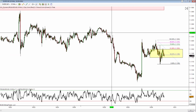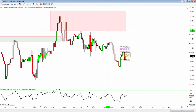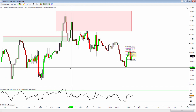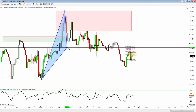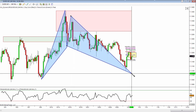Let's go down to a 4-hour chart. So let's head down to the 240. And actually, before even that, we had a pretty good trade setup on here yesterday. Now, I missed getting filled by a single pip. But we actually had a Gartley, an advanced pattern completion. We had a bat pattern looking like X to A to B, B to C. We had a CD completion down here at, I think it was 111,